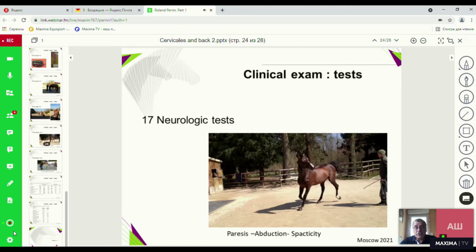Of course, you have to do all the neurologic tests because, in fact, on the back you have a lot of neurology. You have the compression of the spinal cord, you have the pain of the emergence of the nerves. So all the tests about neurology have to be done to see if you have a paresis, abduction, spasticity, atrophy,